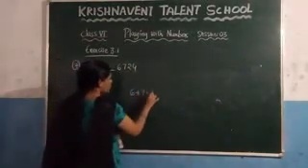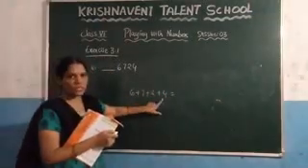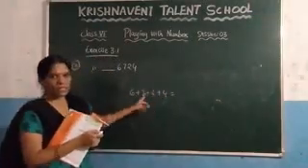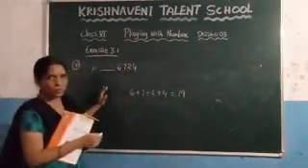6 plus 7 plus 2 plus 4. Right? So here, what's the value of 6 plus 4, which is 10? 10 plus 7, 17. 17 plus 2, which is 19. And you know that 19 is not divisible by 3.